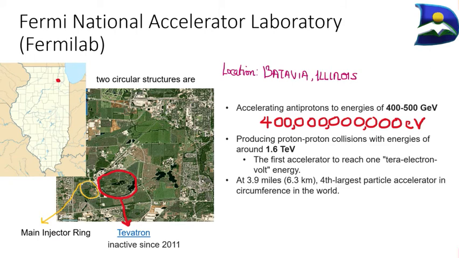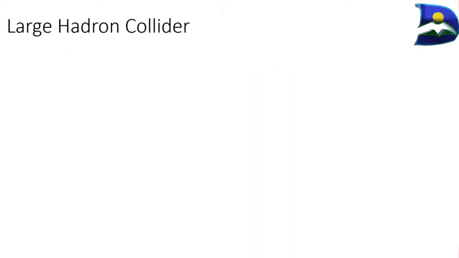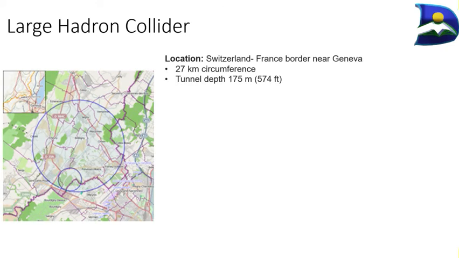So the radius, looking at this, is determined based on the circumference, and the circumference of this particular accelerator is around 3.9 miles, or approximately 6.3 kilometers, which is the fourth largest particle accelerator in circumference in the world. The other one, which is the first and the largest in the world, is called the Large Hadron Collider. This is located between the borders of Switzerland and France, near Geneva. It has a circumference of around 27 kilometers, and the tunnel depth is around 175 meters, which is around